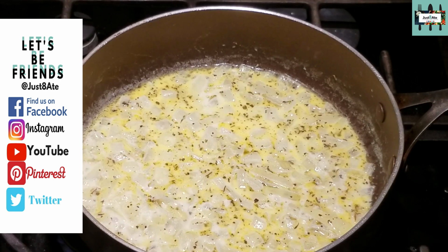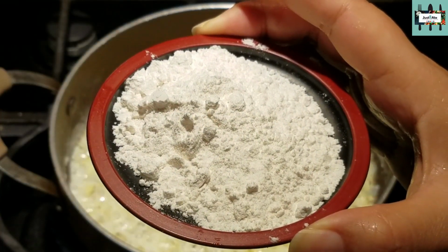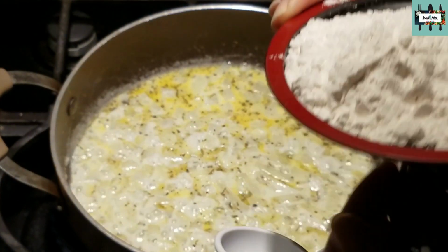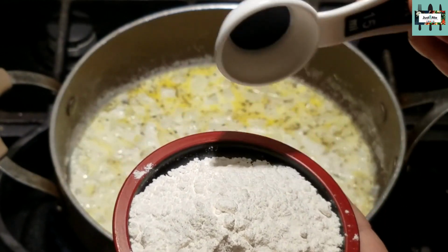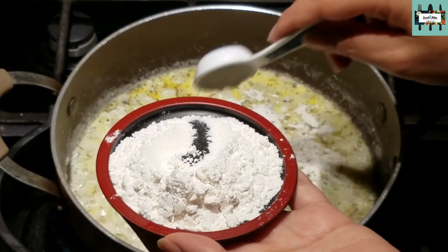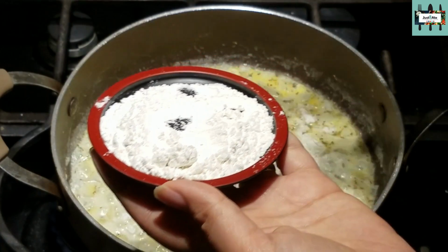So, anywho, now we're gonna put some flour, but we're just gonna put it in slowly. It's flour, and I'm using the miso soup cover bowl. This is like a sushi soy sauce plate bowl thing. Anyways, so we're gonna grab flour. Just gonna sprinkle it in. I don't want to dump the whole thing or else it's gonna get clumpy, and I don't like it clumpy. So you just kind of